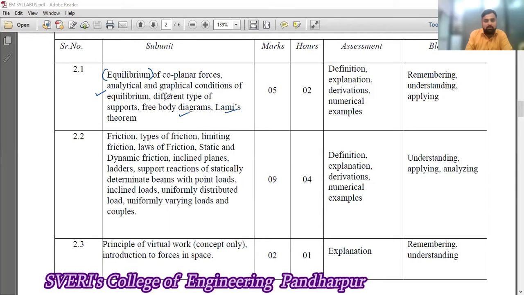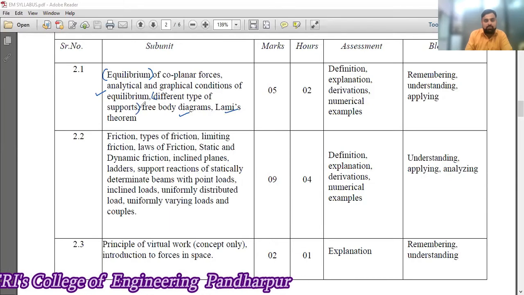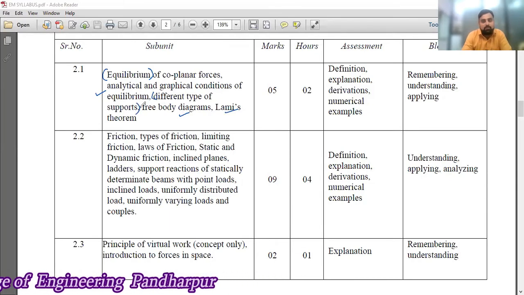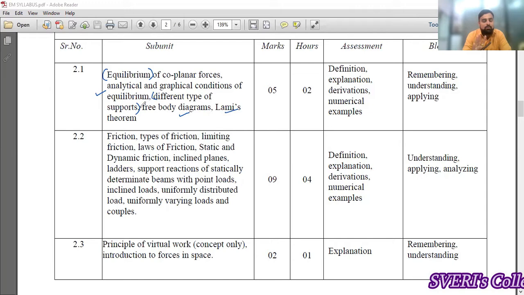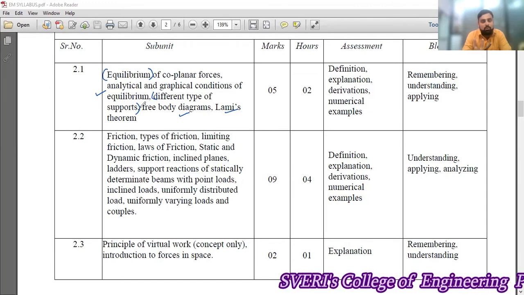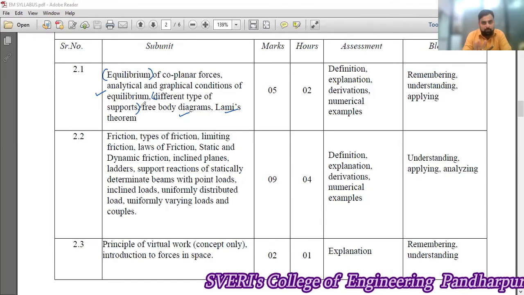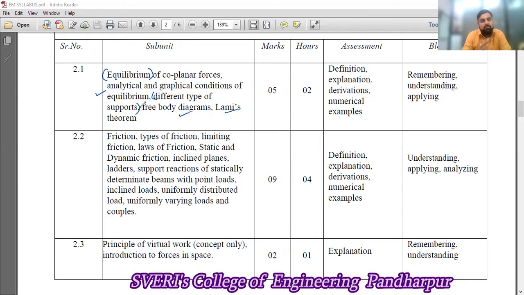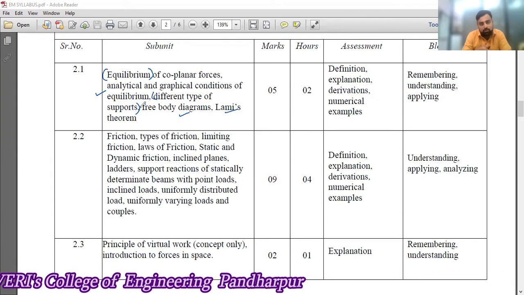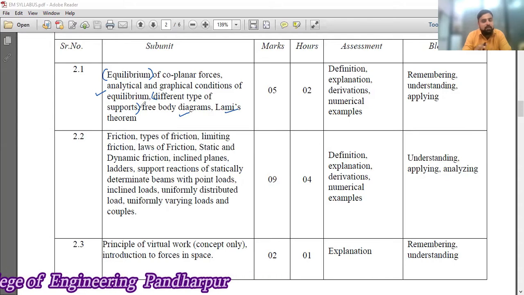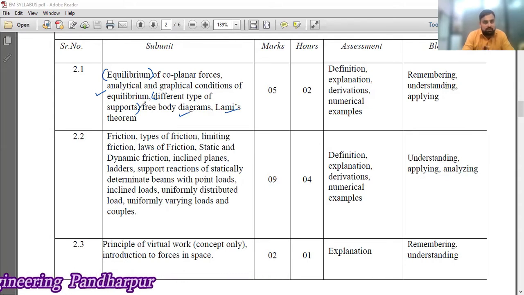Then Lami's theorem and different types of supports. Which are the different types of supports? Totally, basically four types of supports are there: simple support, hinge support, roller support and fixed support. So these supports offer different reactions. So that we will cover. This part is the much more theoretical part, and after covering this part we will move to the numericals based